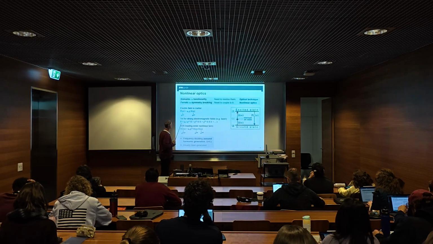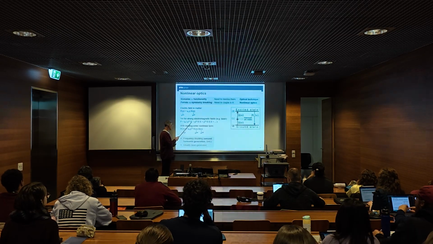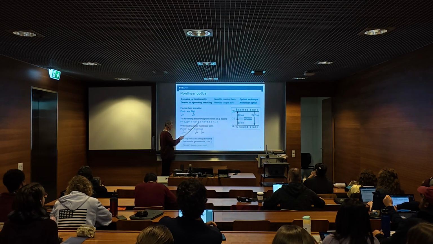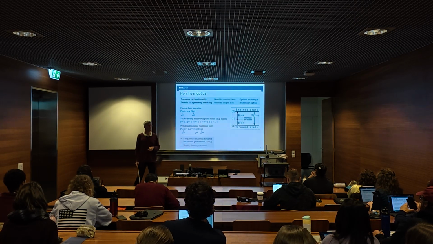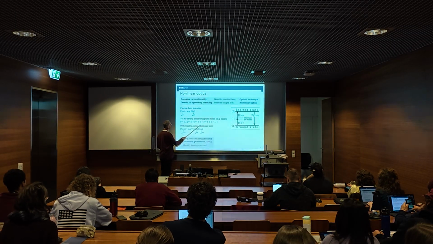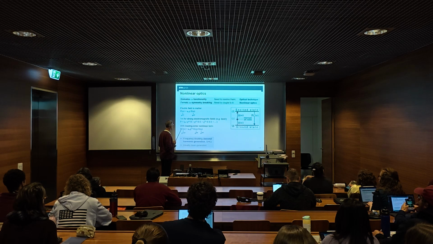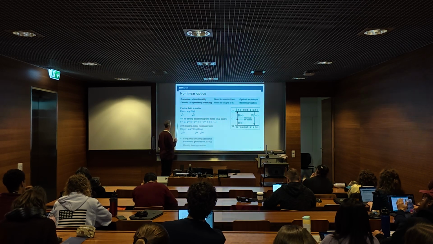But for very strong fields, you can also get not only electric field proportional, but also coupling to the square or to the cube of the electric field. So let's now take this first term here and write it down. So we have two electric fields on the ingoing side and the polarization on the outgoing